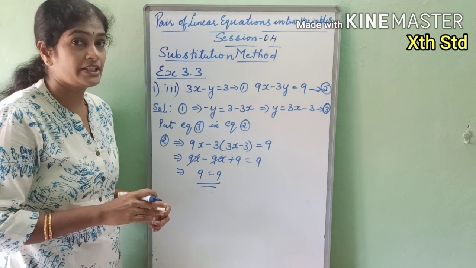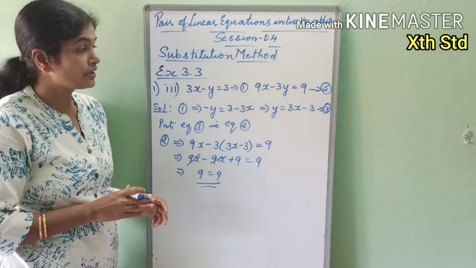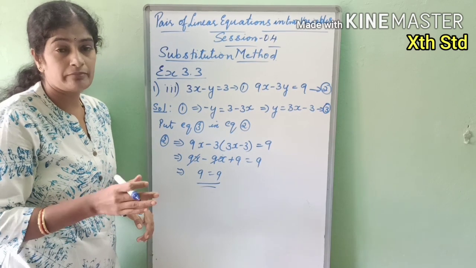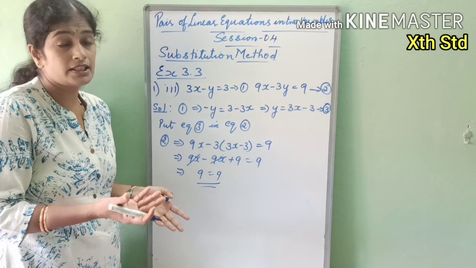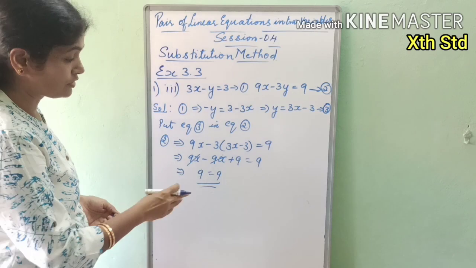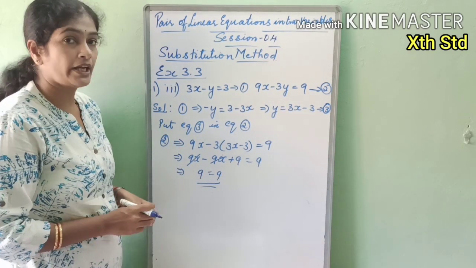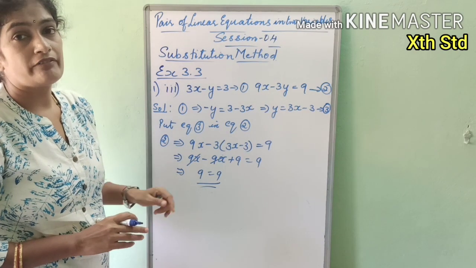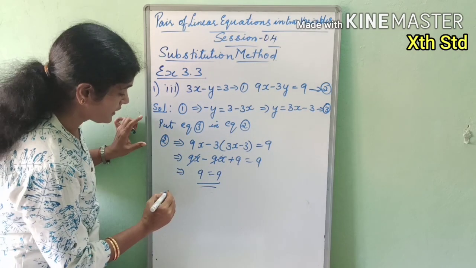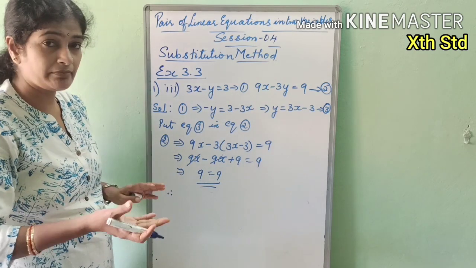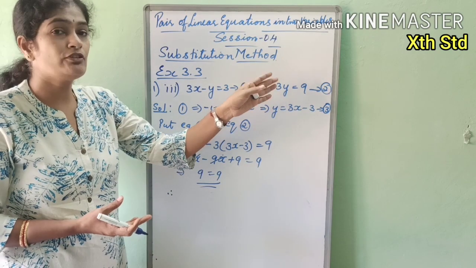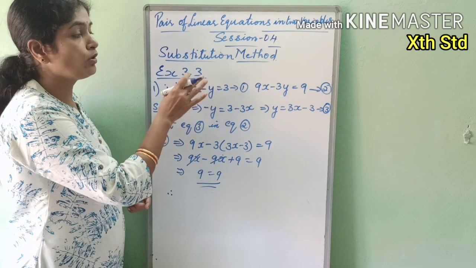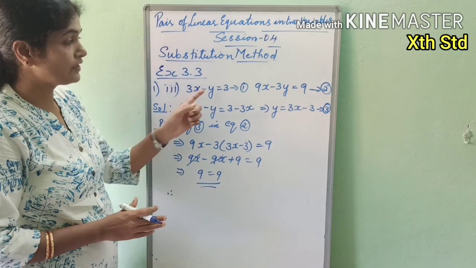Because we have studied in the earlier classes that a system of linear equations in two variables can have three types of solutions. One can be intersecting, another coinciding, another it may not have any common solution. So here, since 9 equal to 9 is a true statement, we conclude that the system of linear equations has infinitely many solutions. That means for particular values of x, you get the corresponding values of y, and it is true over all the values of x and y when we are substituting.